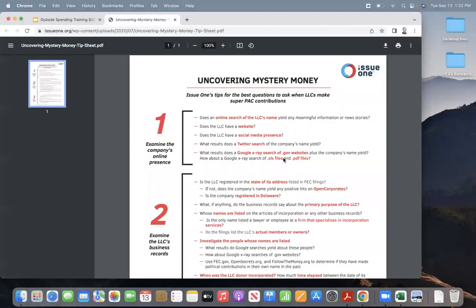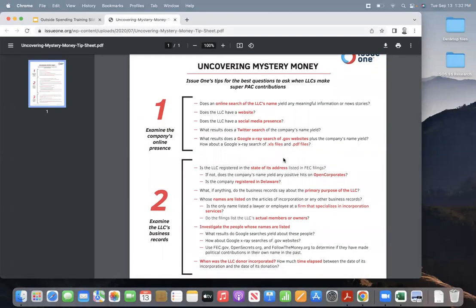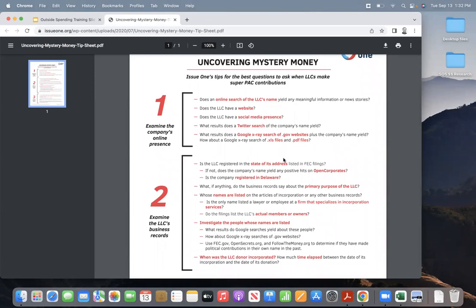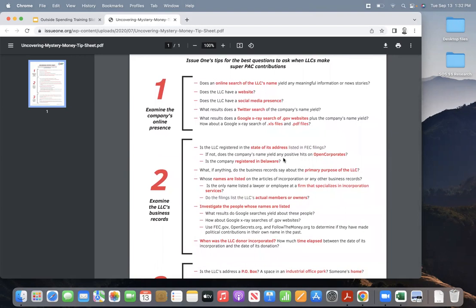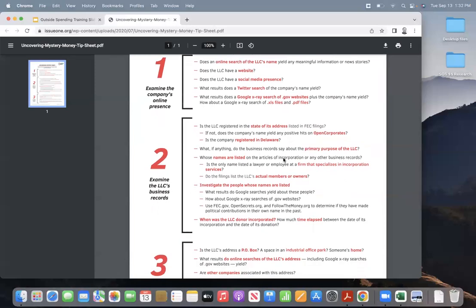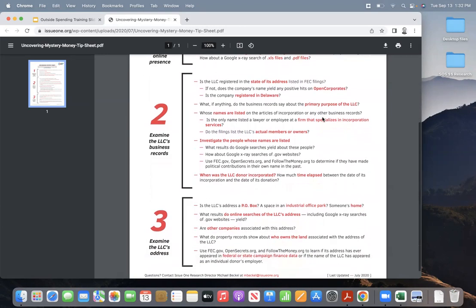And as you can see, this includes a whole number of questions about how to examine the company's online presence, its social media presence, its website, being able to see if its name shows up in any Google searches or X-ray Google searches, searching just .gov websites or just .pdf files, this kind of stuff, examining its